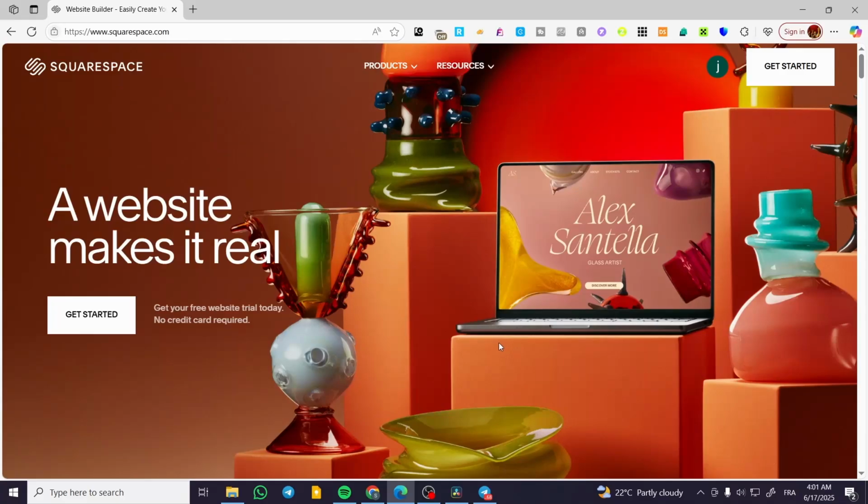How to change button color styles in Squarespace. Hello guys and welcome to this new tutorial. In today's video I'm going to show you how simple and easy it is to change the button color styles